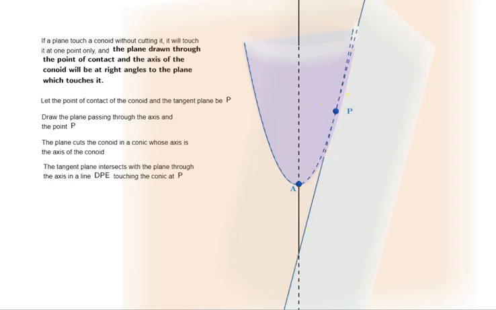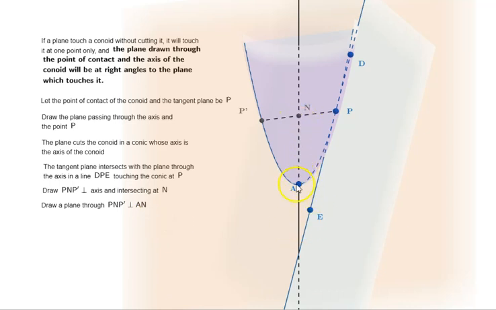Let's mark these points so that we can refer to them. The axis in a line DPE touching the conic at P. Now draw P and P prime perpendicular to the axis and intersecting it at N. So let's draw a line perpendicular to the axis so that it touches the opposite side of the conic at P prime and it intersects the axis at N. Now draw a plane through P and P prime